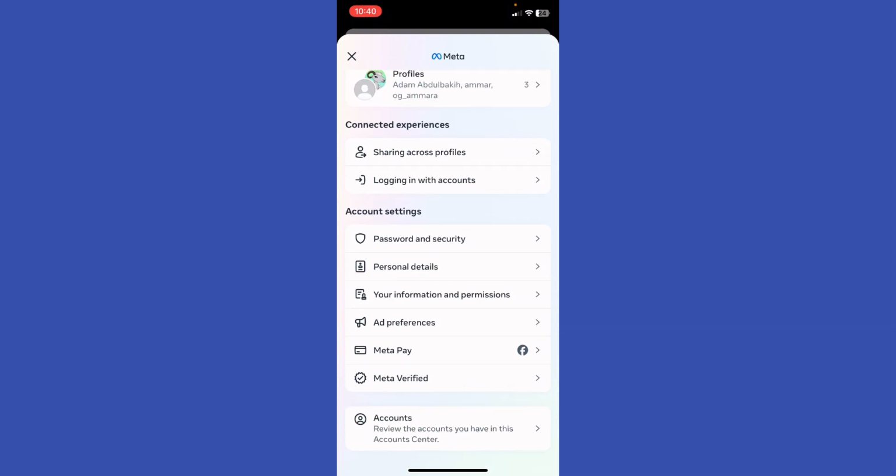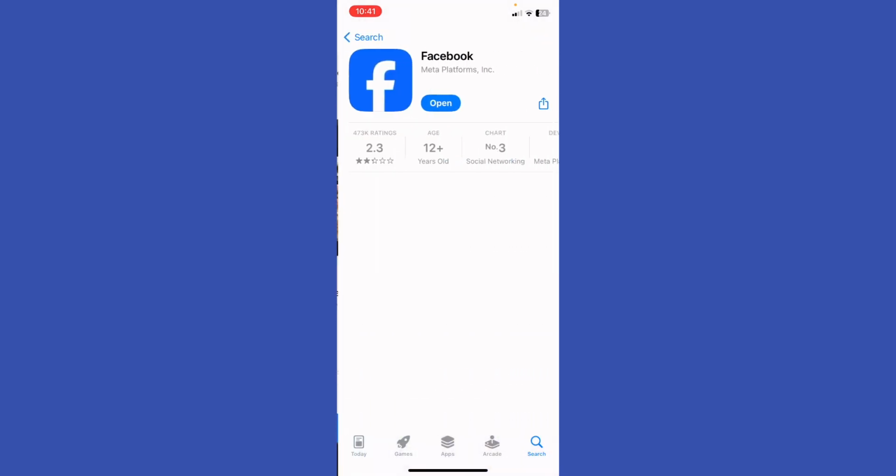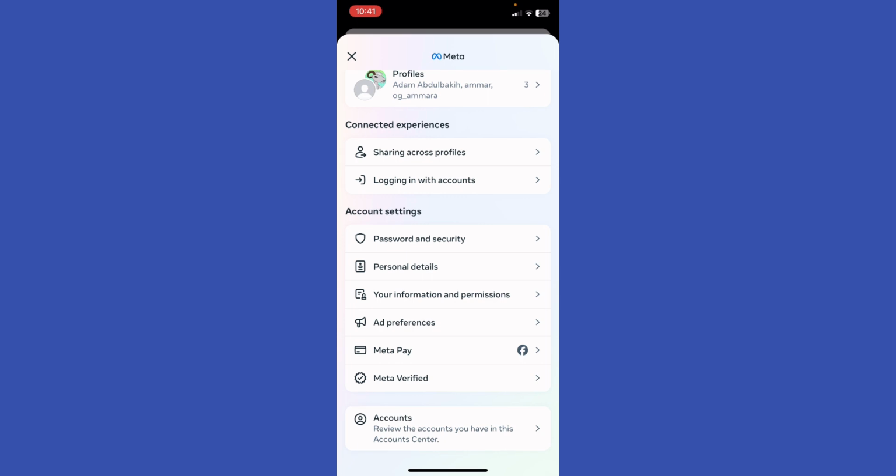And before you do anything, get back to your screen, go to your App Store or Google Play. And here I'm going to go to Facebook, and I'm going to double check if the Facebook app needs to be updated. If it does, just go ahead and get right on it, and if it doesn't, just go to the next step. Now I'm going to open up Facebook, and you're going to see right here